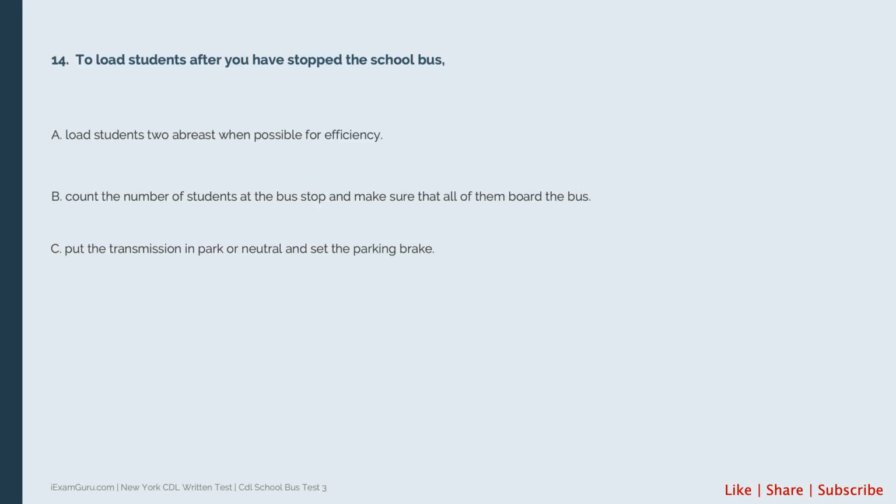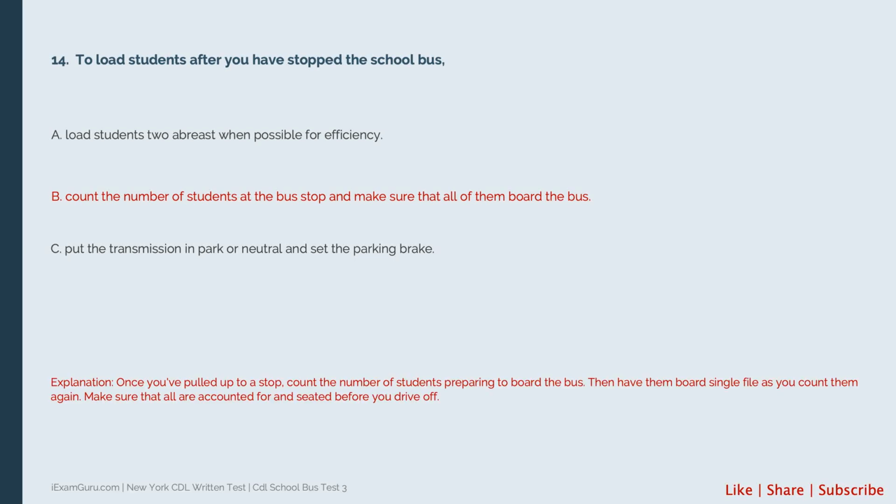Question: to load students after you have stopped the school bus, options are: Option A, load students two abreast when possible for efficiency. Option B, count the number of students at the bus stop and make sure that all of them board the bus. Option C, put the transmission in park or neutral and set the parking brake. Answer is, count the number of students at the bus stop and make sure that all of them board the